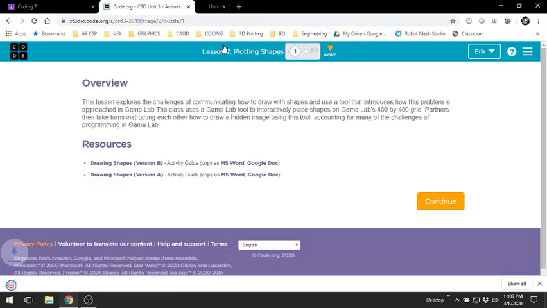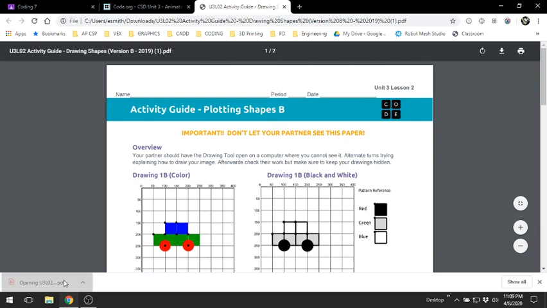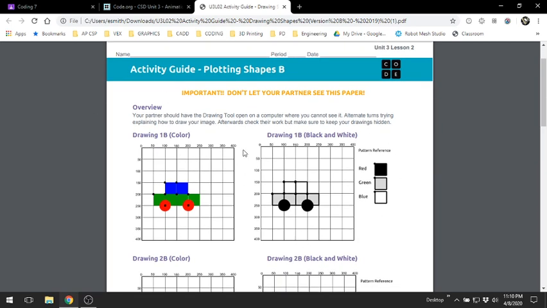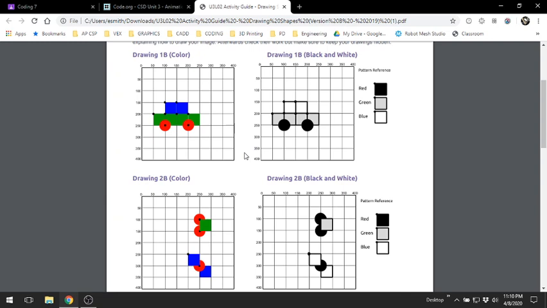If I click on this to give you an overview of what to do in this activity, first off, your partner should have the drawing tool open on a computer where you cannot see it. You're going to alternate turns trying to explain how to draw your image. Afterwards, check their work, but make sure to keep your drawings hidden. Now, you'd want to keep this hidden. Like I said, this would be difficult, being the fact that you probably already saw this since you already clicked on this. But if you wanted to, you can help describe this to a brother or sister or to a parent inside the coding window, helping you to communicate